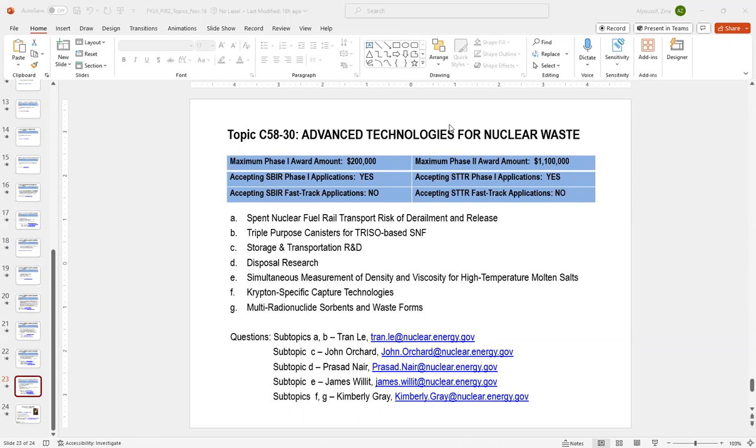James. Thank you, Prasad. Yes, hello. This topic, if you think it looks very much like the advanced sensor one in 58-29, that's because I think this is in the wrong topic area, and it will be revised and updated. The other main thing about this one is, as written here, it implies